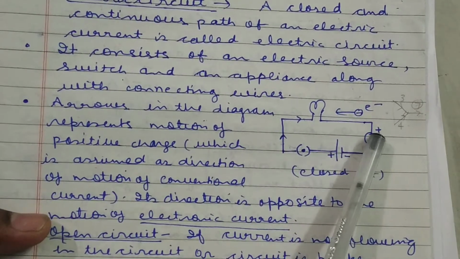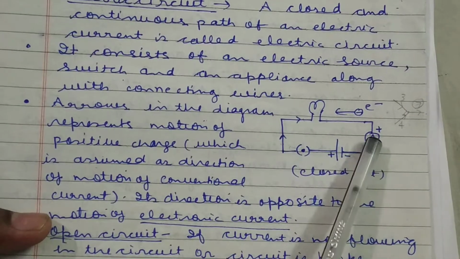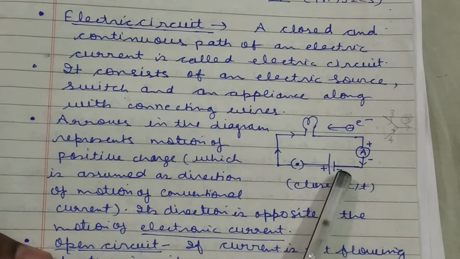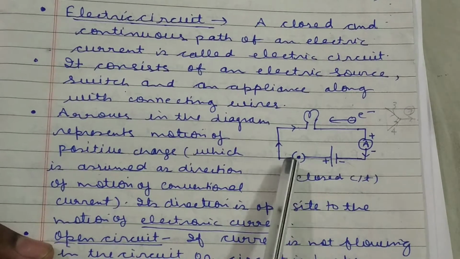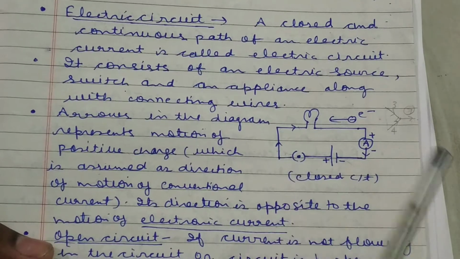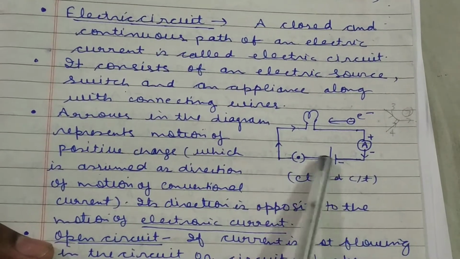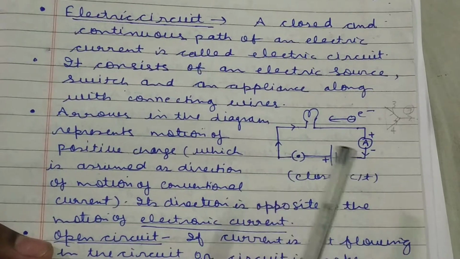Again there you will use an ammeter. I will tell you about this instrument later. And then finally connect to the negative terminal of the battery. So this is a closed circuit in which, if you switch on this device or insert the key in this plug key, then current will start flowing and the bulb will start glowing. This is a complete circuit.